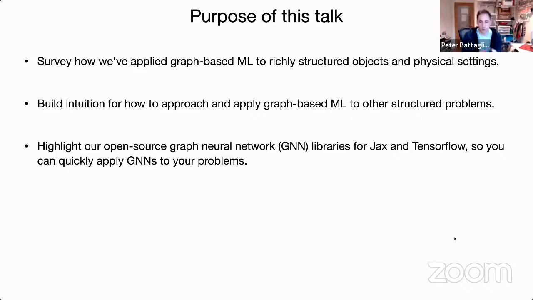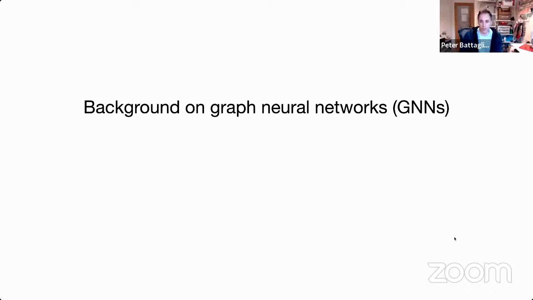And then also, just as a small point, a lot of the work that I'll present, we've open sourced the code. We've also open sourced some graph neural network libraries for JAX and TensorFlow. So I'll highlight those at the end in case you're interested in playing around with some of this stuff. Okay, so as a quick background on graph neural networks,